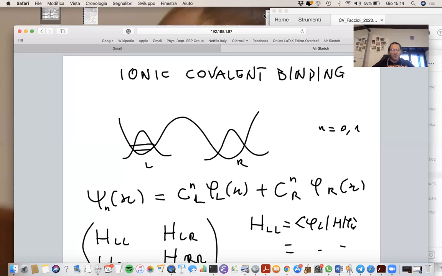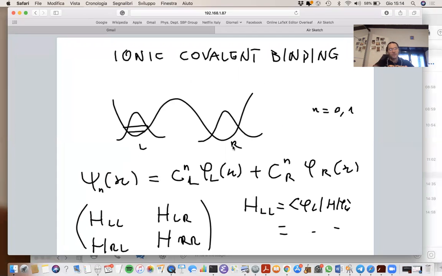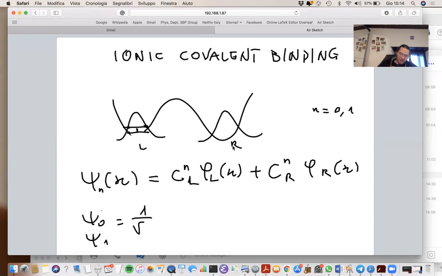So basically what this approach was showing was the power of the truncated basis approach, because by diagonalizing directly these 2 by 2 matrices, we were able to show that there were two closely, nearly degenerate eigenstates, and that the ground state and first excited state were supposed to be